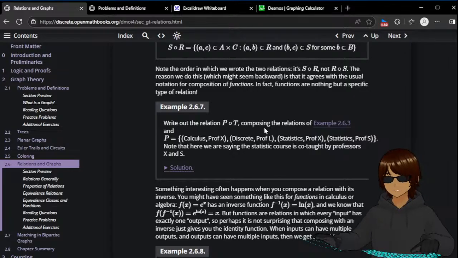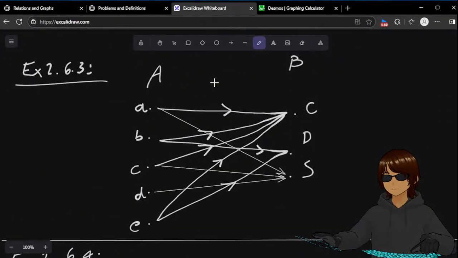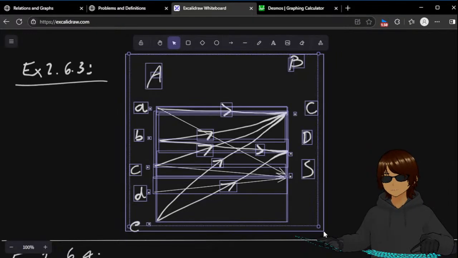Calculus Professor X, Discrete Professor S, Statistics Professor X, Statistics Professor S. And then we are saying that the statistics course is co-taught by Professors X and S. So, going back to this,